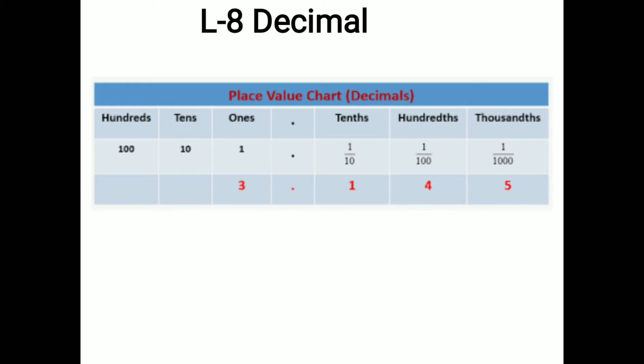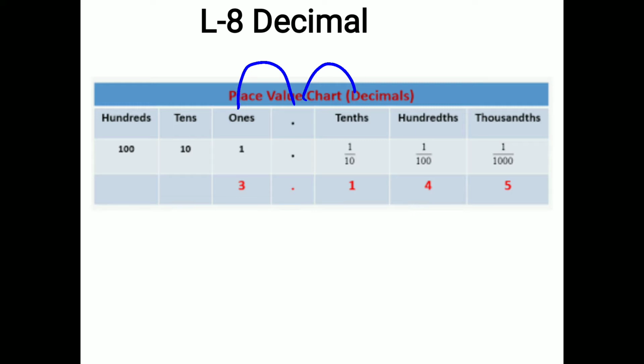The place value chart is just like this: in the center there will come a point. Clear? Here the places before the point are ones, then tens, then 100, and after the point there will be the places of decimal numbers. Means before the decimal a whole number comes, and after the decimal there will come decimal numbers.